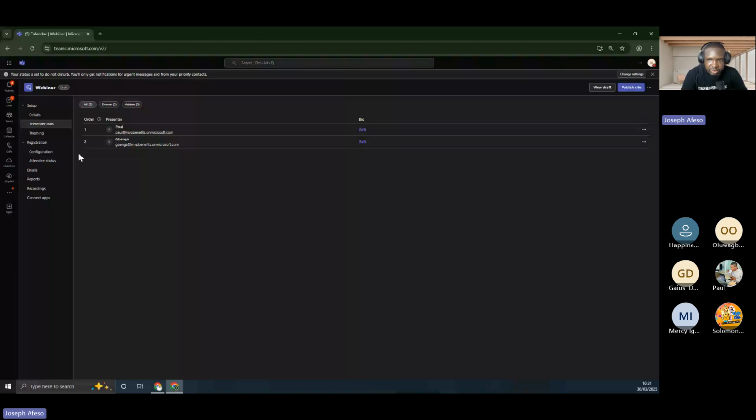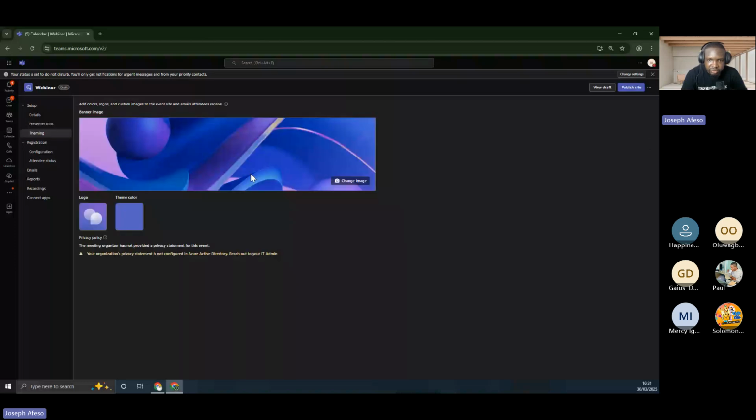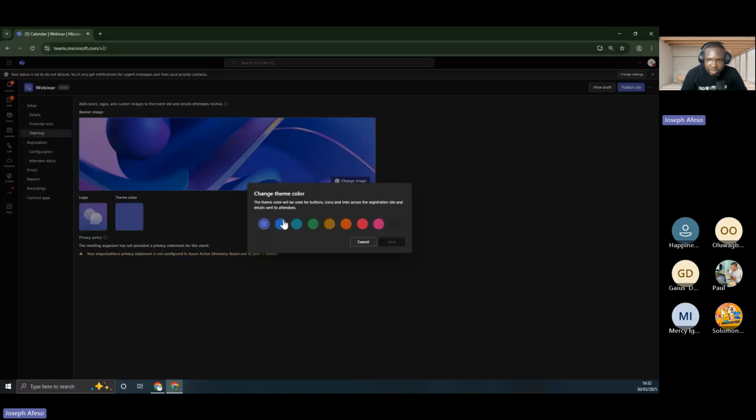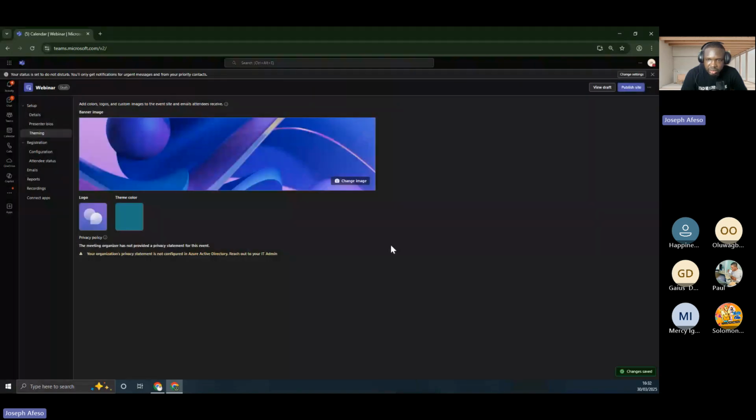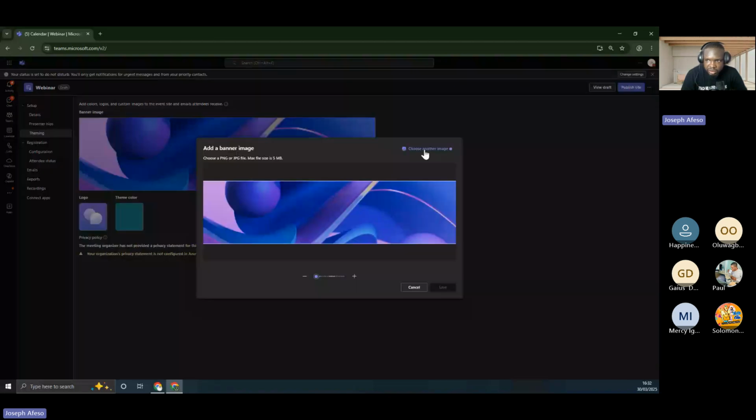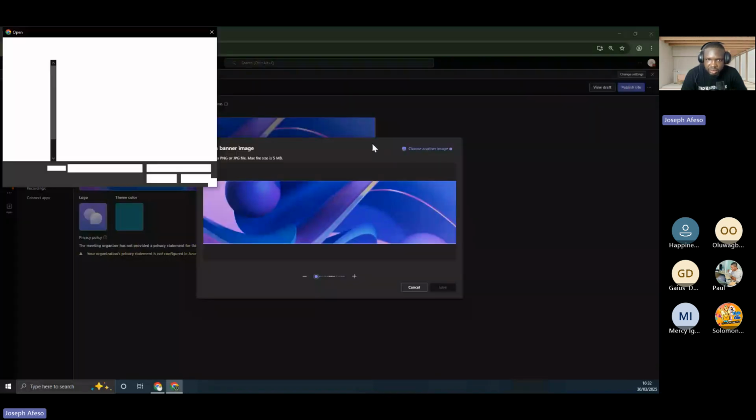Then theming is where, for example, you have a picture for the event that you want people to be able to see when they are registering. This is a default Microsoft image. Of course, you can decide to just change the color, the shade. You can also click on this, and then you choose another image, and then you can go right into your